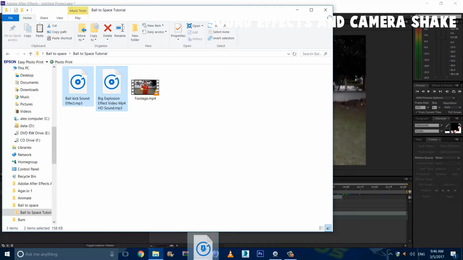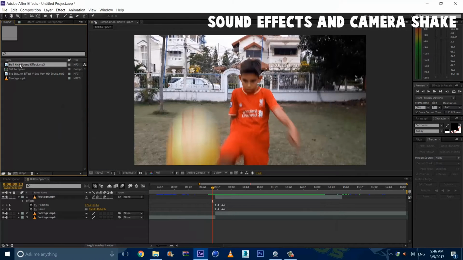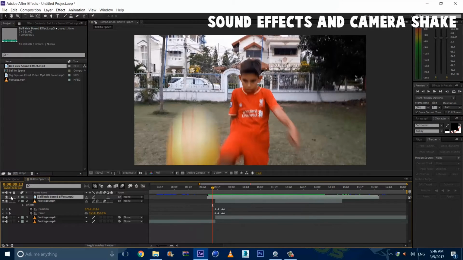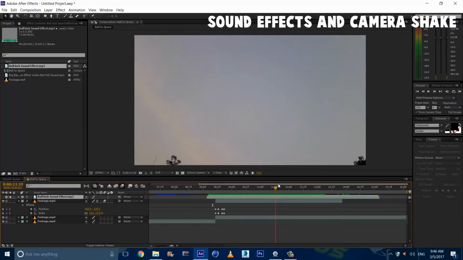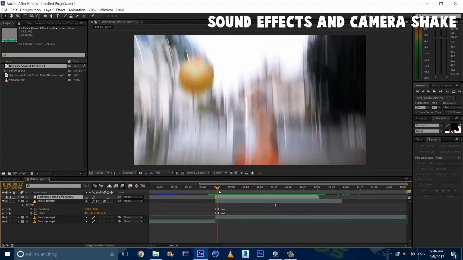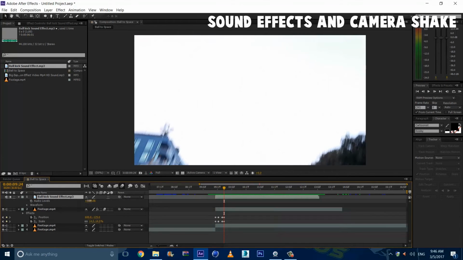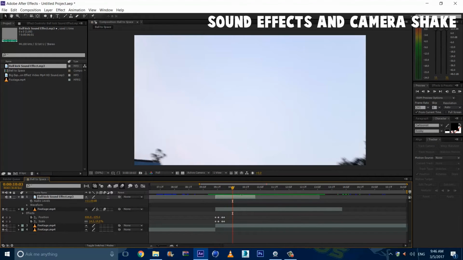So let's bring this into After Effects. And we'll start with the ball kick. And we'll hit the solo button just to hear it and to where it starts. So mine starts right here. I'm trimming this by hitting Alt and Start Bracket and just put it right here. So now the ball starts there. I may want to bump up the volume by hitting L and just rising it up. And I'm going to end it right here.